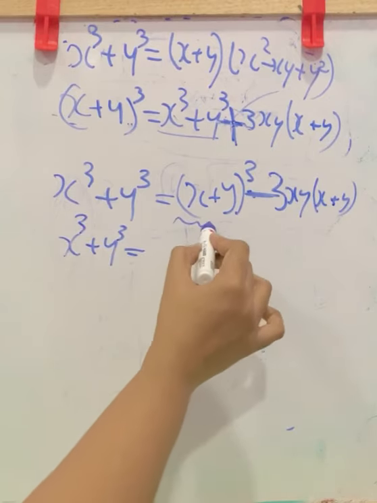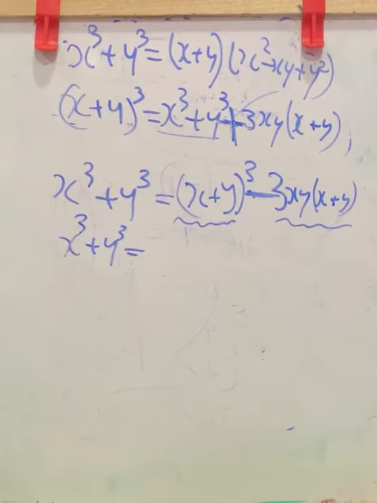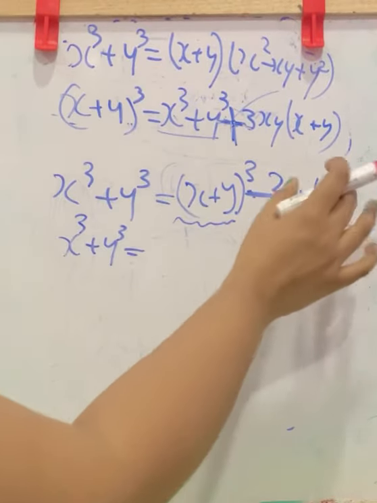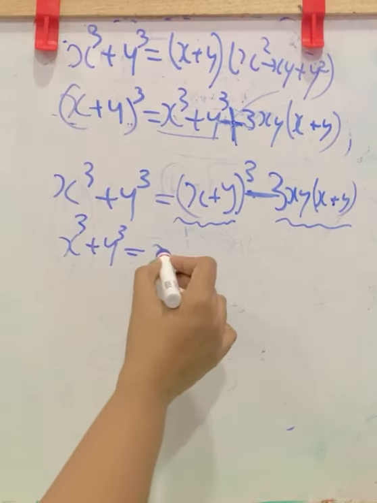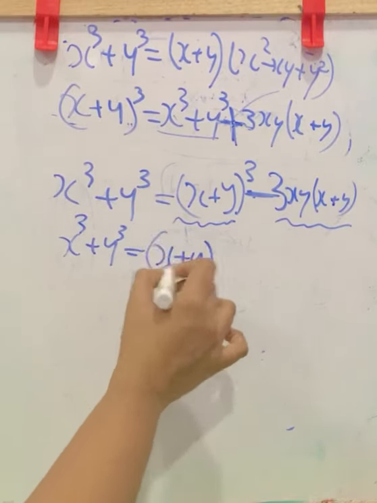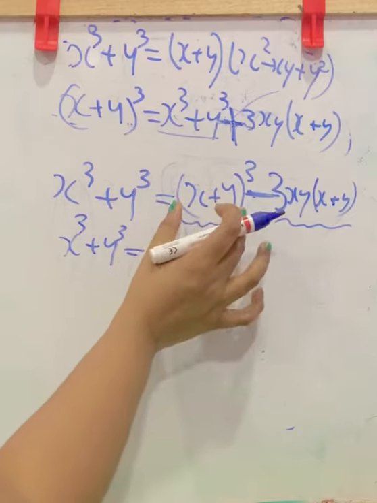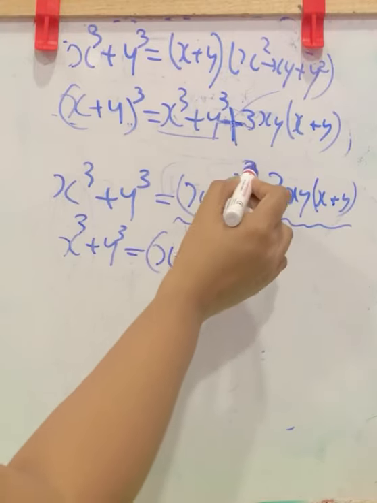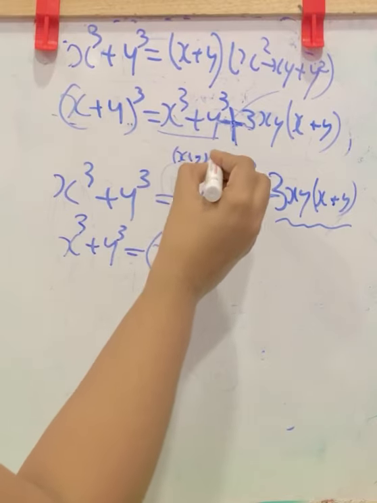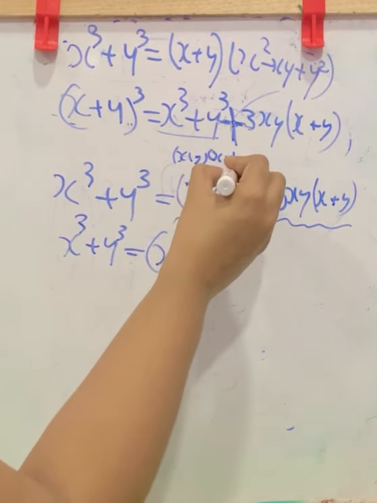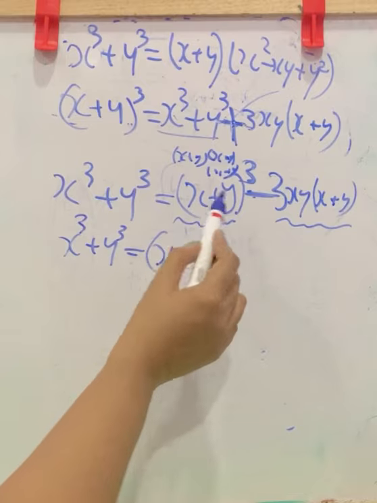Now you can see first term and second term. In that we have x plus y bracket as common. You can take that common factor outside. So x plus y taking outside from these two terms. Here there are 3 x plus y's, that is why x plus y whole cube. That means x plus y into x plus y into x plus y. Like this 3 x plus y's are here.